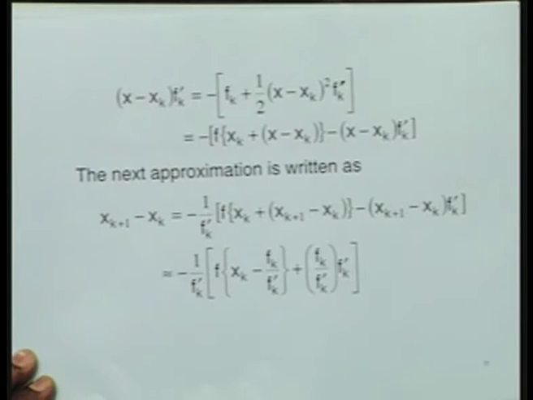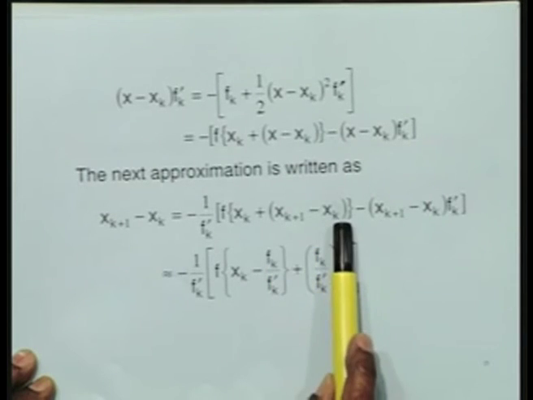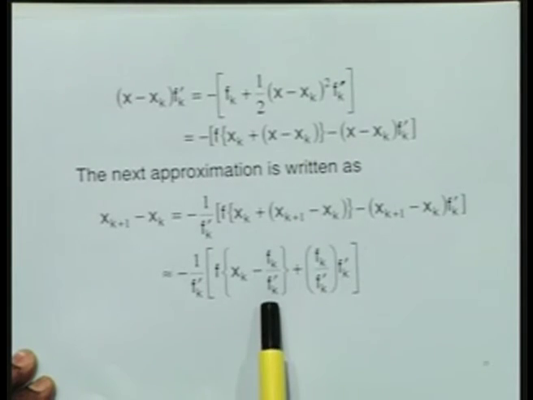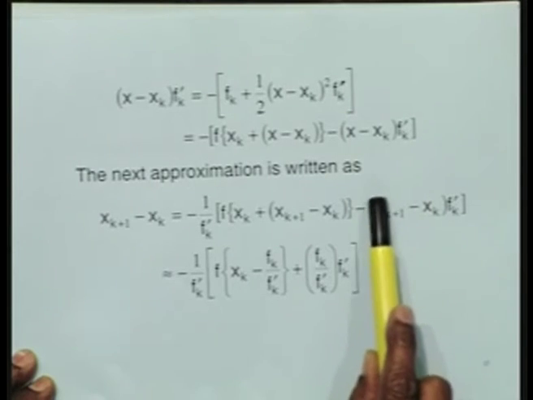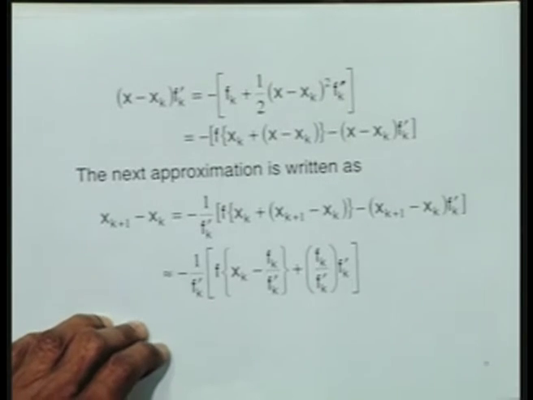As we have done in the Chebyshev method as well as the previous multi-point iteration method, I would replace this xk plus 1 minus xk by the Newton-Raphson method again. So this part will read minus fk divided by f prime k, and this will read fk by f prime k. So let us simplify this one step further.